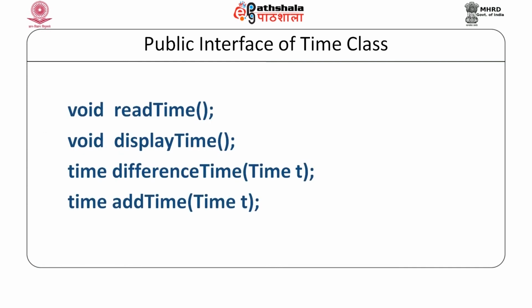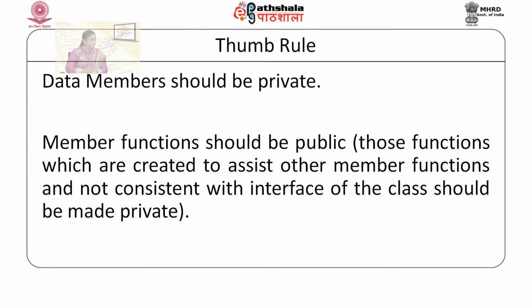In our time class that we have defined, we would see that these functions that we have defined are the public members of the class. So, they form the public interface or the interface of the class. So, these members we can invoke on the objects that we declare in the main function or any other function for that matter, and using those objects we will be able to invoke those functions, and through these functions we will be able to make use of the time class. So, these public members form the interface of our time class.